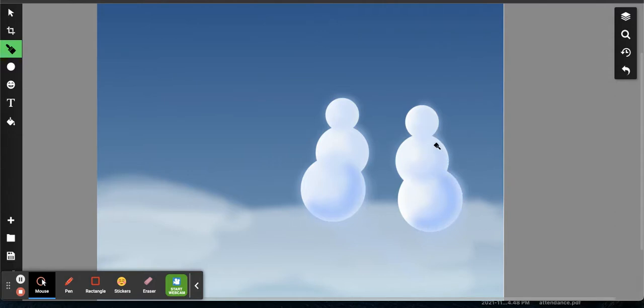So let's do this again. 1, 2, and 3. 1, 2, and 3. 1, 2, 3. 1, 2, and 3. Awesome. It's all ready. It just looks so good already. I love these little